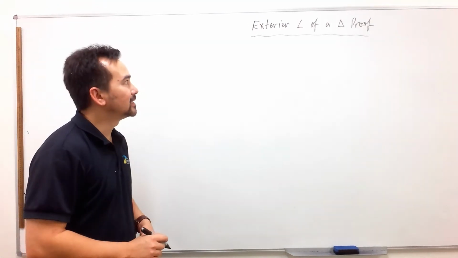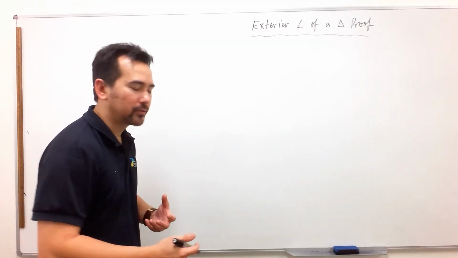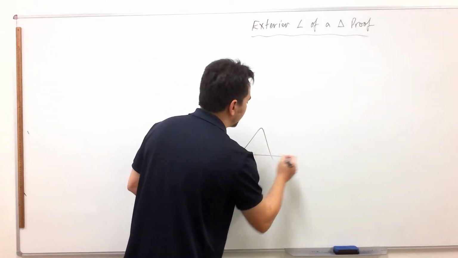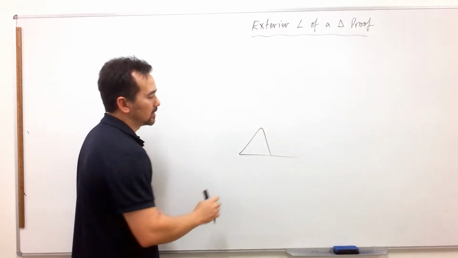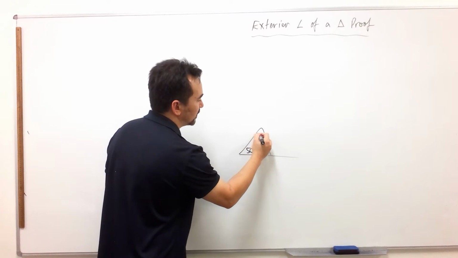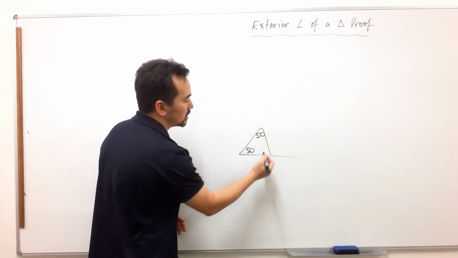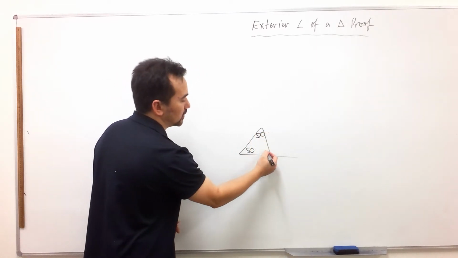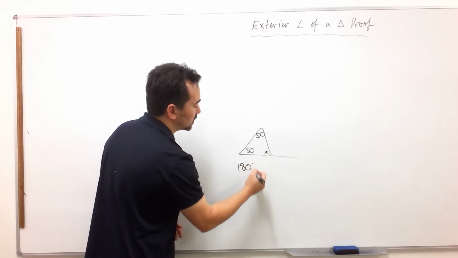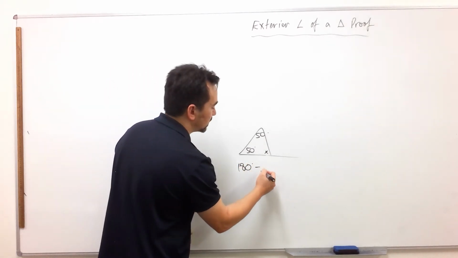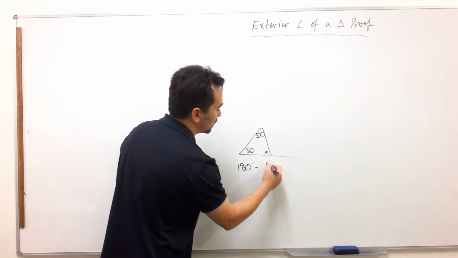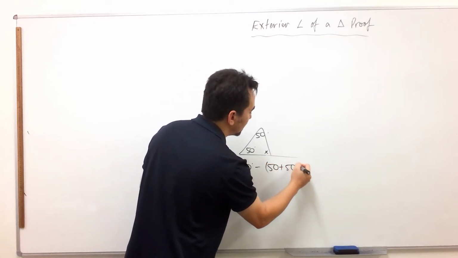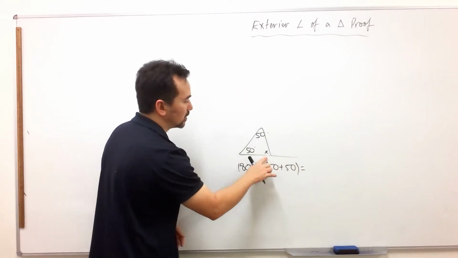Okay, here is the exterior angle of a triangle proof. You may have noticed that in a diagram like this, if I have 50 degrees here and 50 degrees here, I can solve for this angle here by using the angle sum of a triangle, which is 180 degrees. And if I take away these two, the 50 plus the 50, I get this angle, which in this case